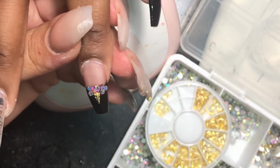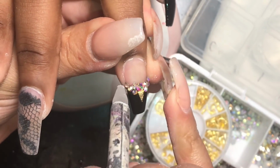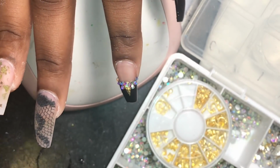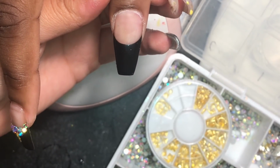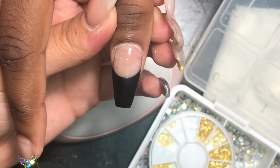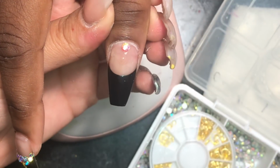So if you've ever used the Mia Secret Gel Resin, you know that it takes a little bit longer to dry. So if you get the Mia Secret Gel Resin Activator and spray it on the nail where the glue is, it will dry the glue instantly, so you won't have any problem with it drying. So we're going to also apply some bling on the thumb. So once again, I'm using my Mia Secret Gel Resin, my SS6, my SS12, some gold pieces, and my wax pencil, and my Mia Secret Gel Resin